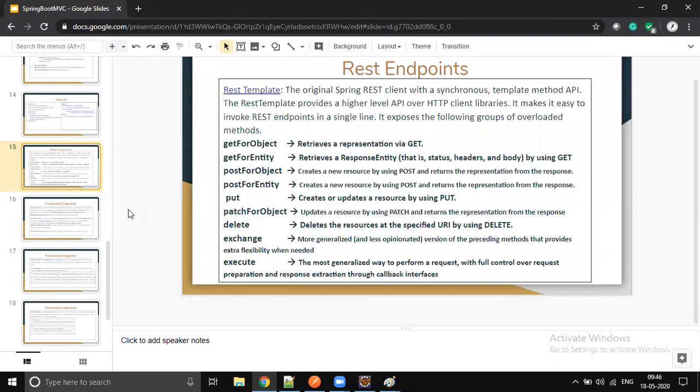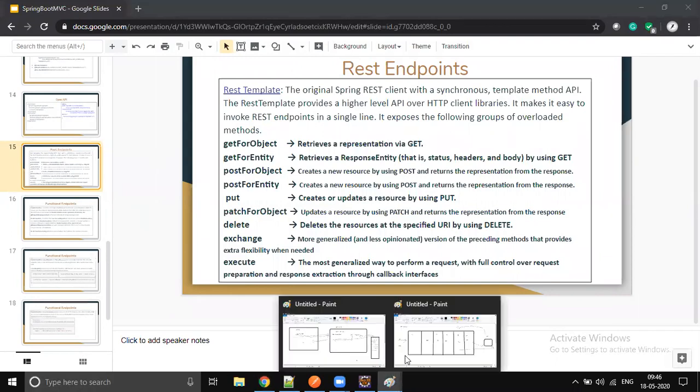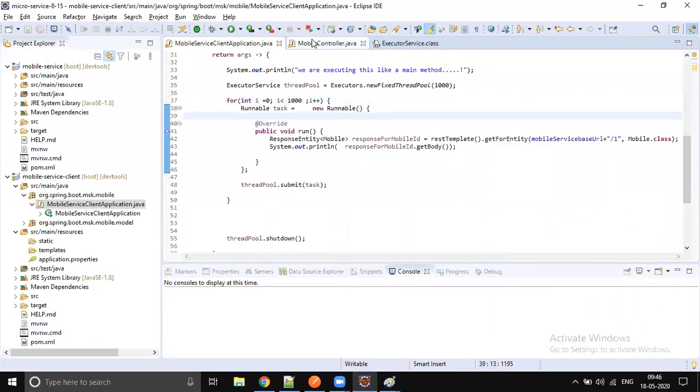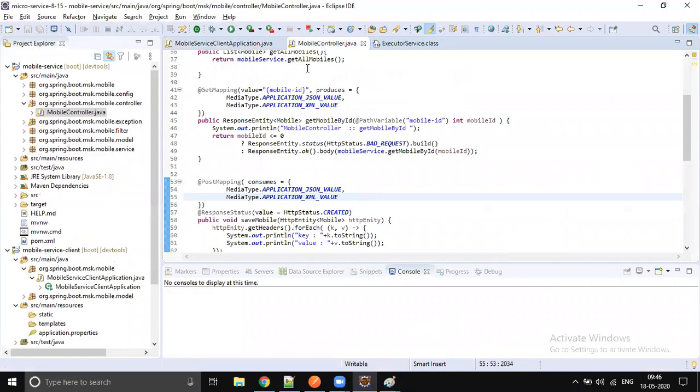What will happen if you put the thread count to 1,000? All these 1,000 threads will go and sleep for 20 seconds, right? Because we are making each thread sleep for 20 seconds. So if you increase the thread count to 1,000 also, all 1,000 threads will be in sleeping mode. Unwantedly, we are wasting our resources, just for sleeping purposes. That is not a good practice. So reactive is the perfect solution for this problem.